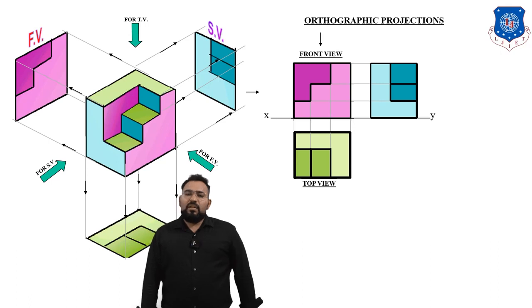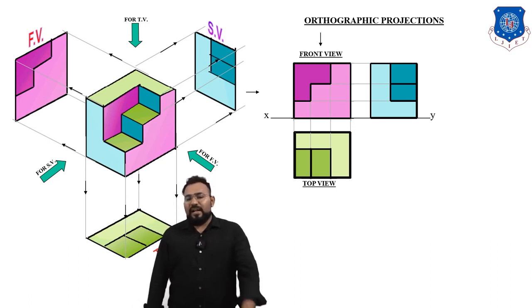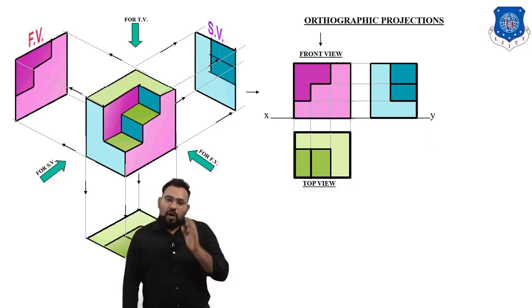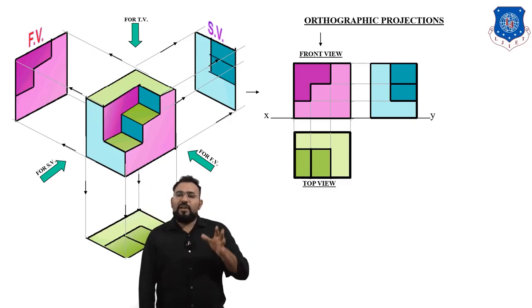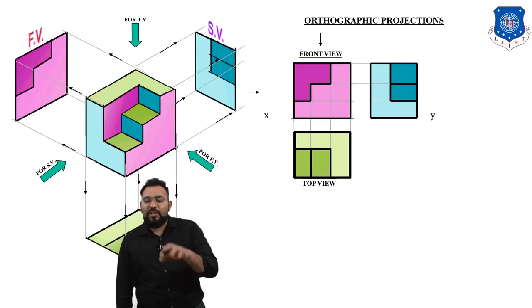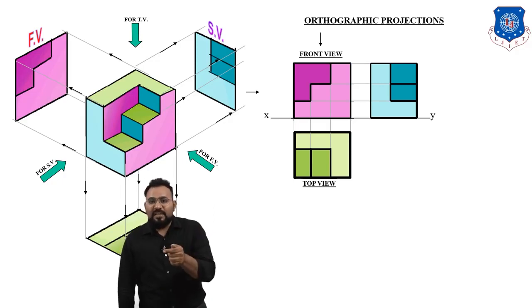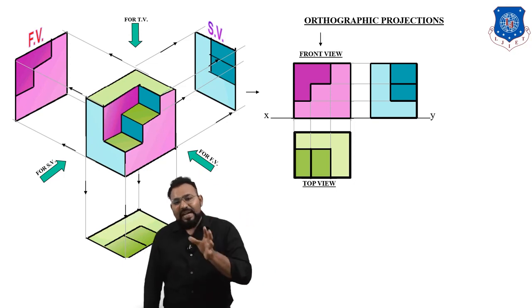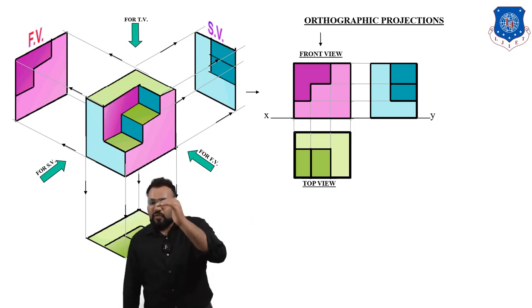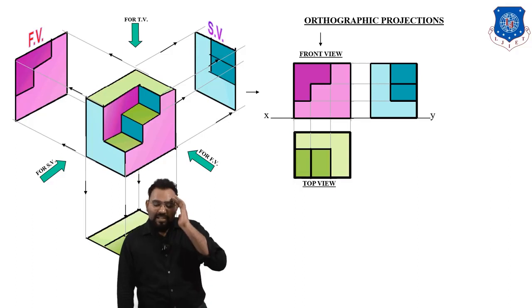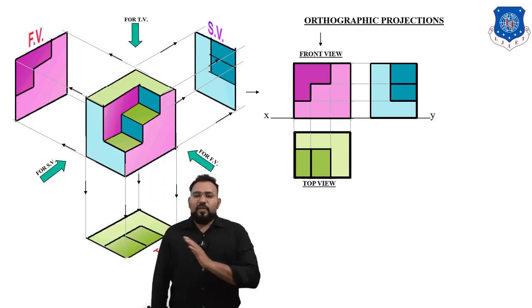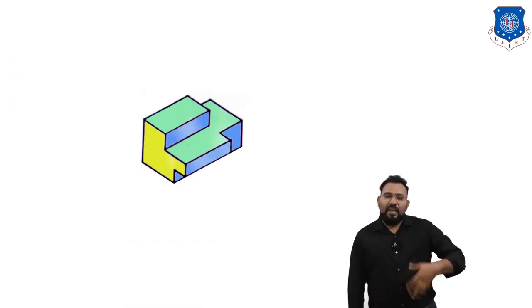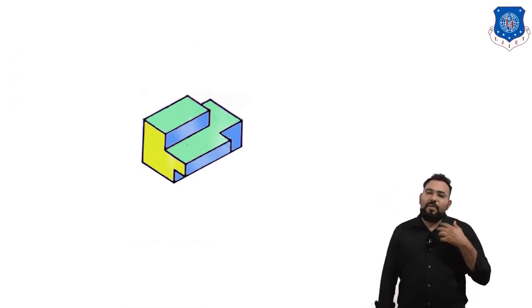Okay, so now there is some question in students' minds, that how exactly am I going to draw front view, top view, side view. Don't worry, this is just for study purpose. In an example they will give you the dimensions of the 3D object. Let's say width is something like this, length is something like this, height is something like this. So according to those dimensions, you have to draw front view, top view and side view. Here we are just practicing the whole thing. Okay, now let's take another example. So I am taking more and more examples so that you will become better at this.